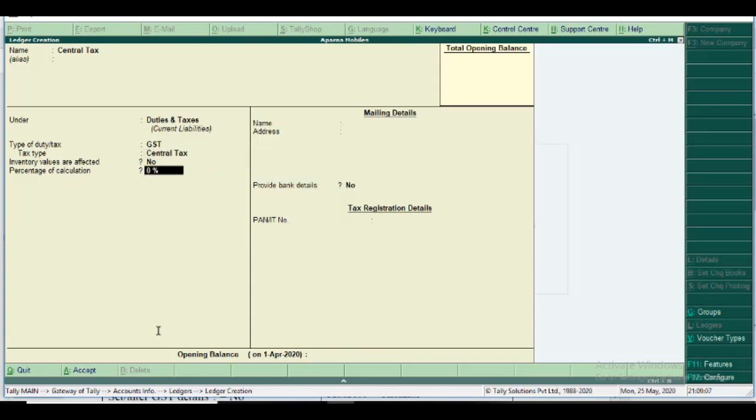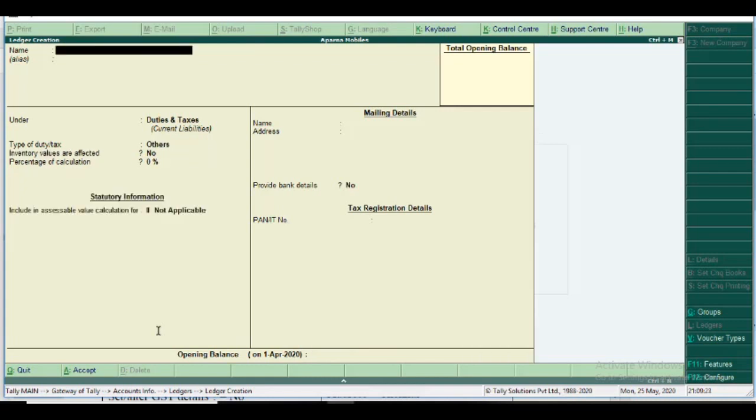The percentage of calculation you don't give, because we give the percentage at company level. So you don't type any numbers in the ledger level. Okay. I create the central tax clearly and easily. In the same way I create state tax.